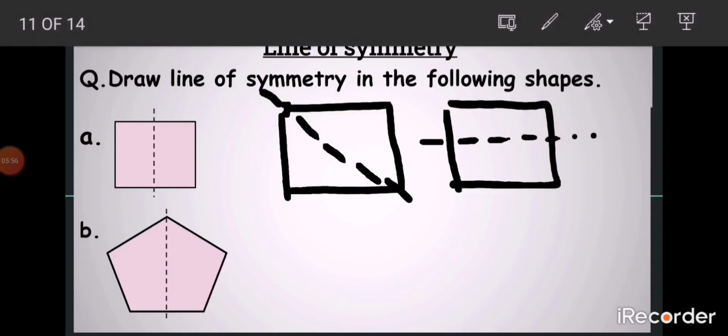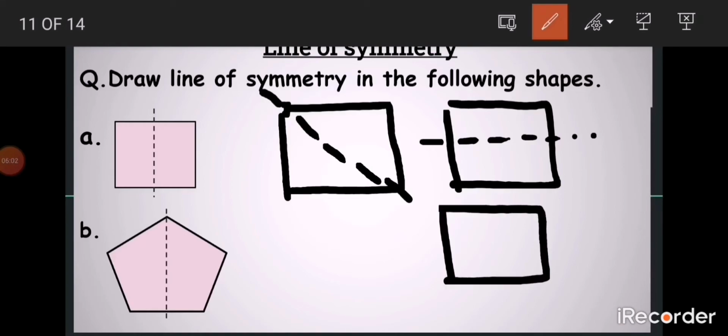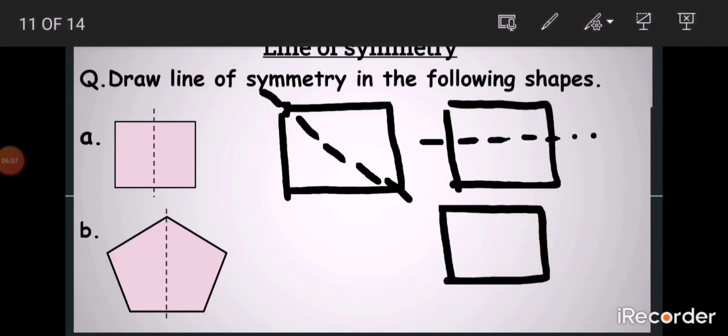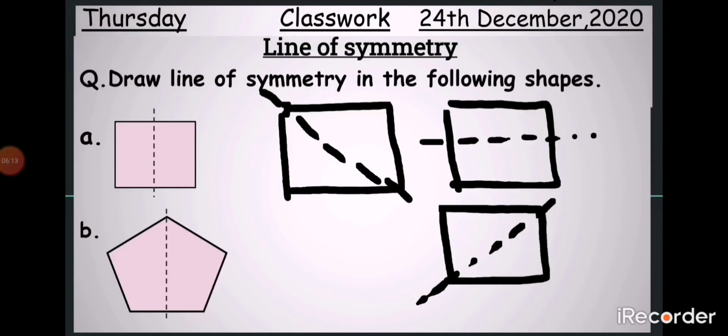And if we fold this square, let me draw one more square. And if we fold a square from this corner to this corner, can we get the line of symmetry here? Again, I'm drawing for your work. Now, you can see again, both sides are same. Both sides are mirror images of each other. But here, you will draw only one square and one line of symmetry. Choose your own line of symmetry and draw it here. Please use color pencils when you draw a shape, and use another color for the line of symmetry. And please draw the line of symmetry with a dotted line.